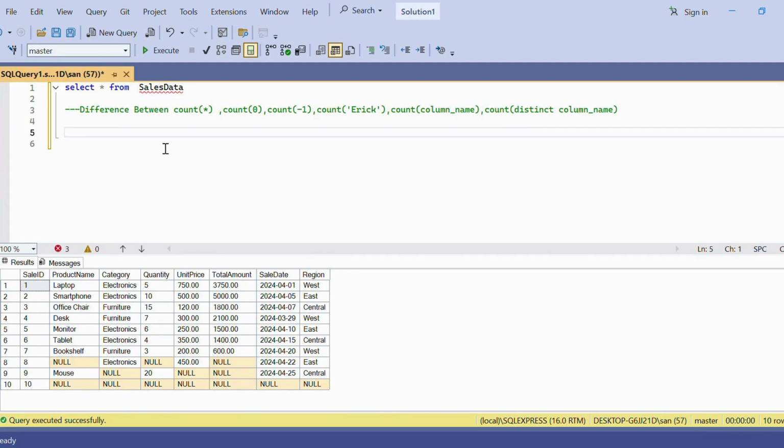So in today's video we're going to see the difference between these counts. We have count star, count 0, count -1, count column, all these kinds of counts. So let's start with the count into brackets star. So count into bracket